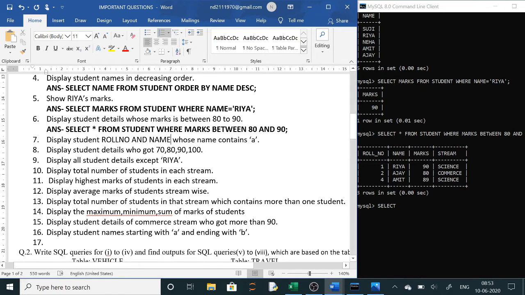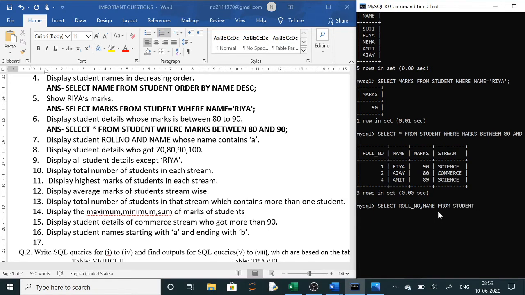Clear? Whose name contains A. Now let us write here roll number and name. Select roll number. How it is written, you see the table: roll underscore number, comma, name. You cannot use 'and' here, only comma you can use. Next, from table name is student.